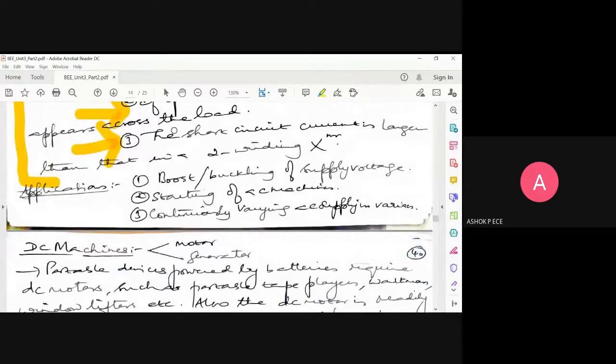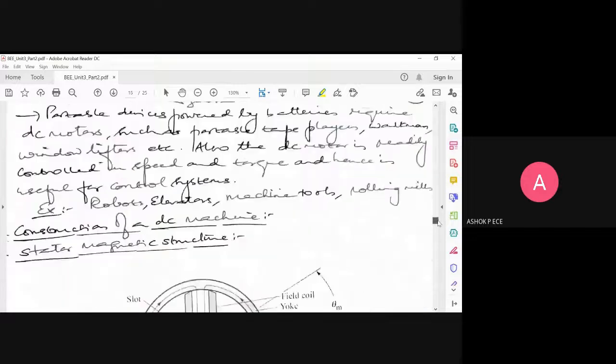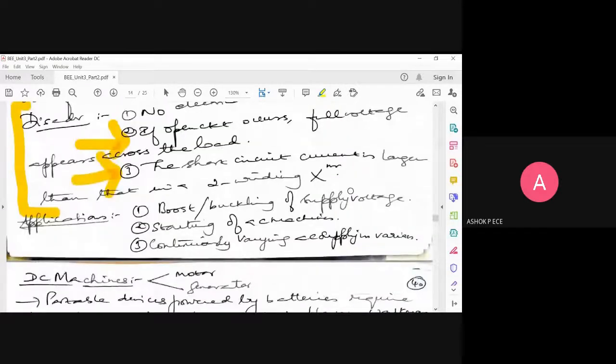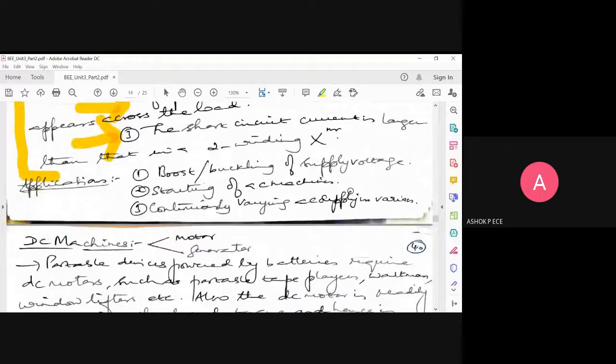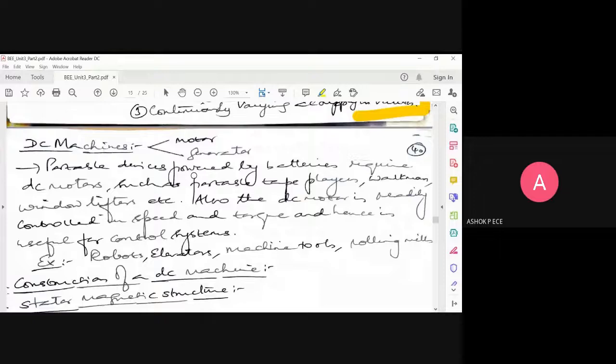See, transformers and DC machines are commonly used devices in real time. So this unit is fully about the application, the inner details and functioning of transformers and DC machines. With this we have finished transformers. Transformers are very, very important. Please understand everything; you have to understand the logic of working and functioning. You should not learn anything by heart. Everywhere your mathematical equations will come into help if you're stuck somewhere. With any equation, you can recollect all those things, and in exams you can write these answers very easily. So now we'll go into DC machines.